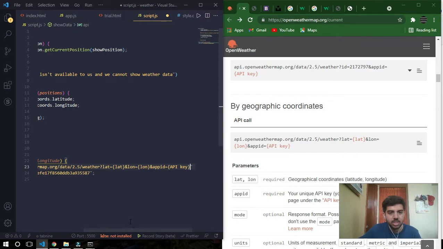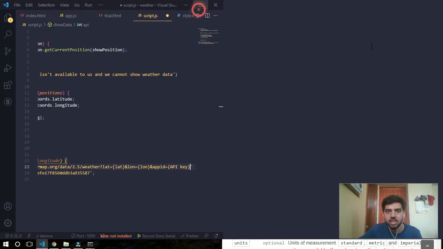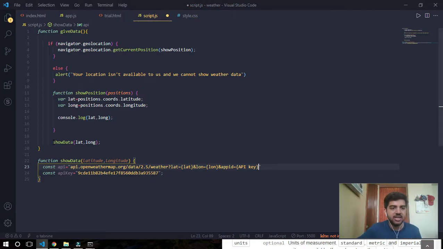I think I need a bigger screen. I'll show it like this. I have declared a function here, I called the function here, and the declaration of the function is here, with latitude and longitude. Our native API is like this, and latitude is what we get from the user's location, and longitude is also what we get from the user's location.